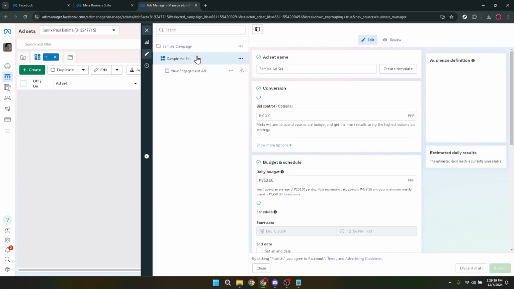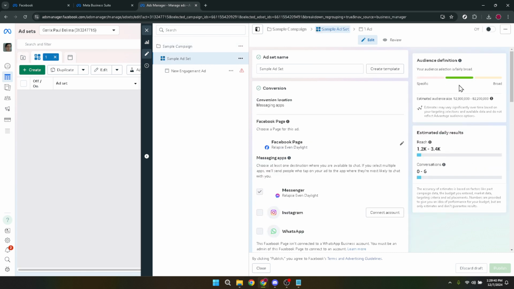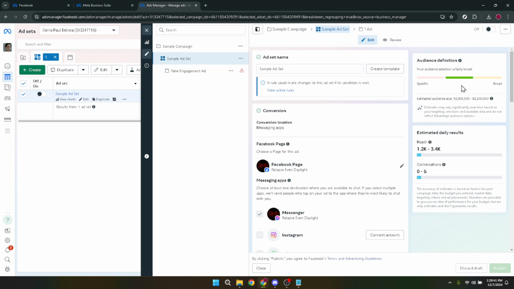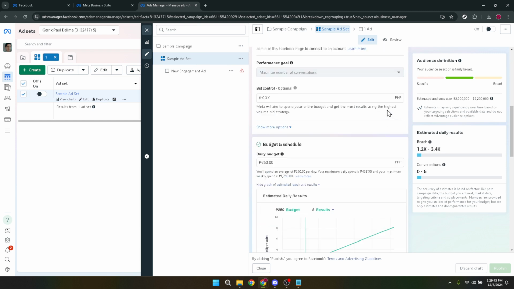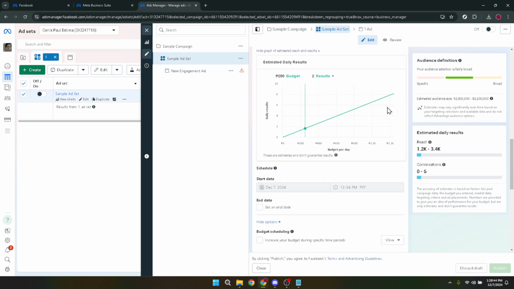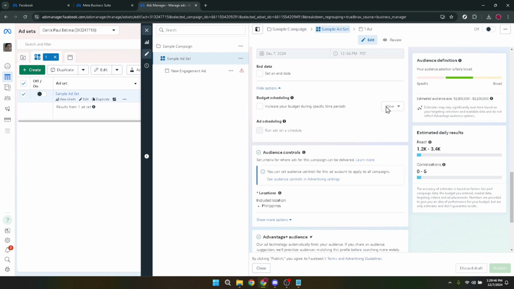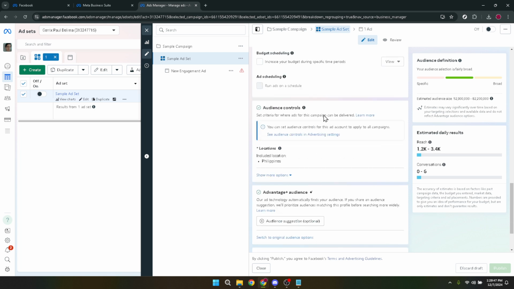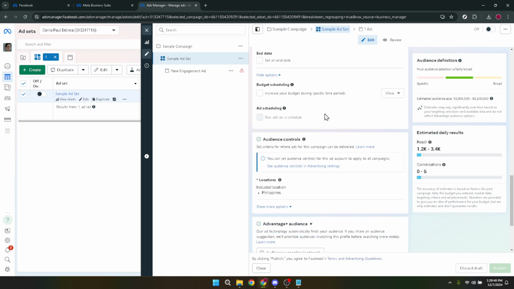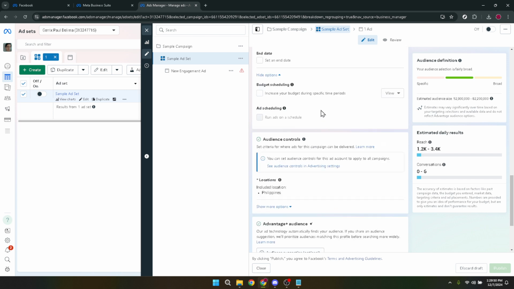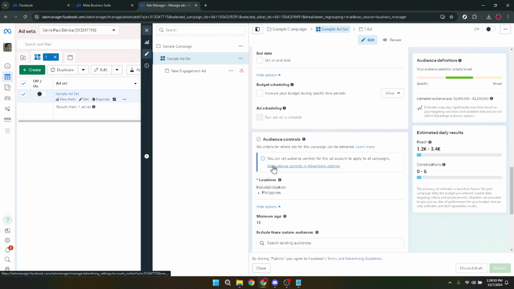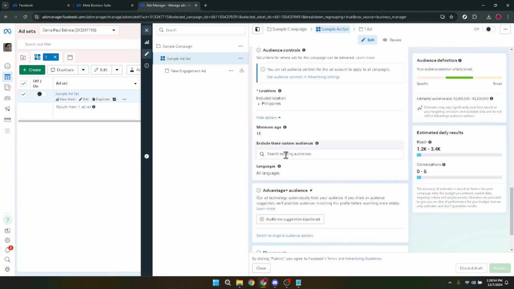Your ad set is a key player in determining who sees your ads, making it a pivotal point for reach optimization. Moving on, navigate to the audience section within your ad set. Audience selection is instrumental in defining the reach of your advertisement. It's here that you tailor who you want your ads to be shown to based on characteristics like age, location, interests, and behaviors. It's now time to go deeper with your targeting by clicking on Advantage Detailed Targeting.